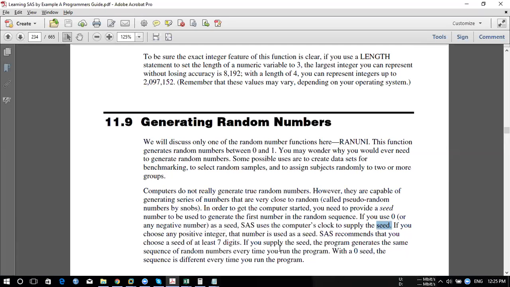If you supply a seed number, your sequence is not going to change. So don't try to use 0. 0 is used whenever the lucky draw keeps on running. Say one time you made a lucky draw for 3 people, and now again you want to make a lucky draw for 3 people. So you want to redraw. With a redraw, there is a possibility that the same people get selected or may not get selected. So this will change your sequence. If you use 0, you won't get a particular random number. But if you use a number between 1 to 7, the random number you got the first time will be there the second time also.